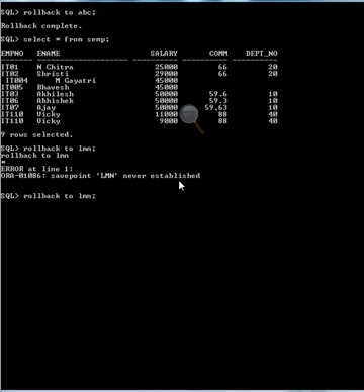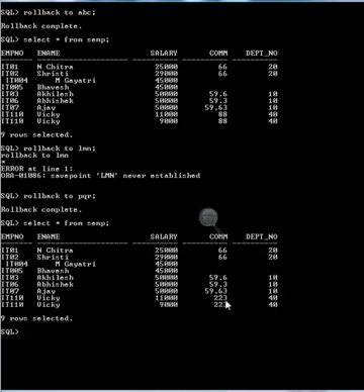So if I want to give rollback to PQR, this is possible because it is not cleared. Rollback completed, and here we can see select star from EMP, 88 has now been updated.